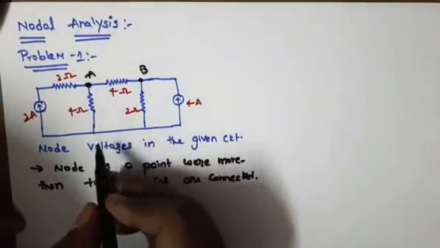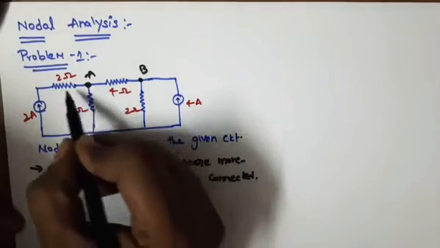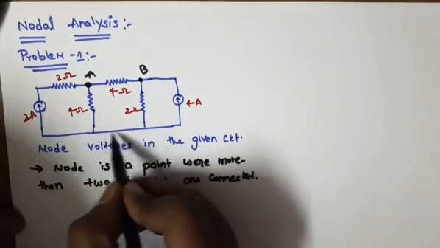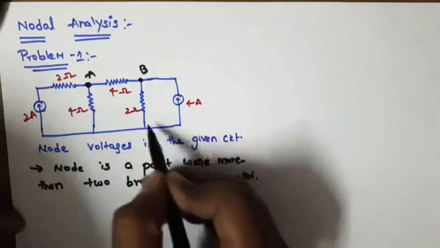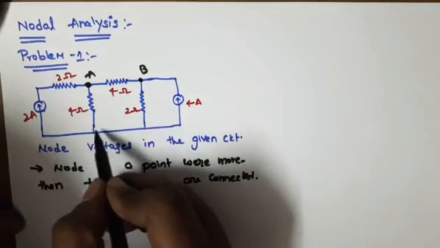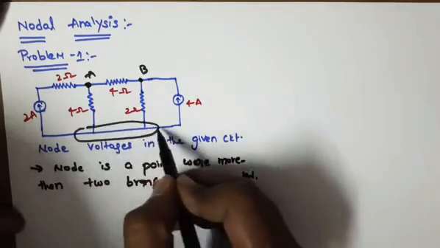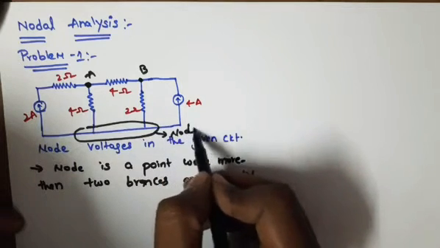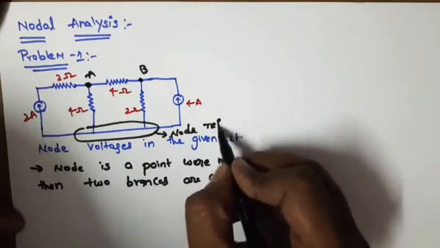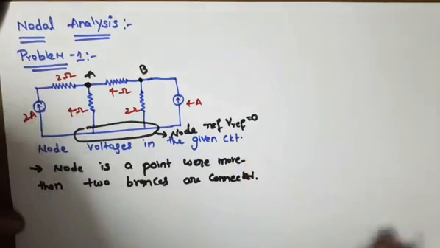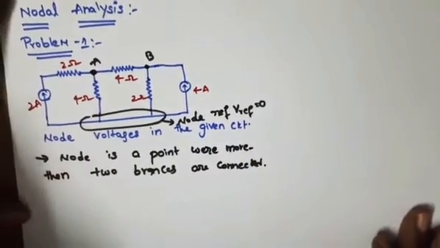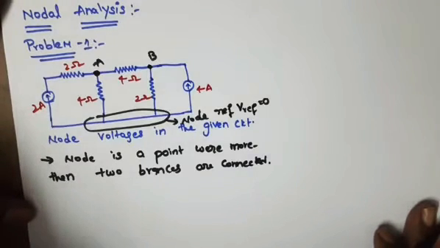And coming here, see, here only a line, there is no element present in this branch. So coming to this, only two elements, and here only two elements. I can consider the whole thing as a node, which is the reference node, and the voltage at the reference node is equal to 0. We all know this from the previous class. Okay, now it is clear.